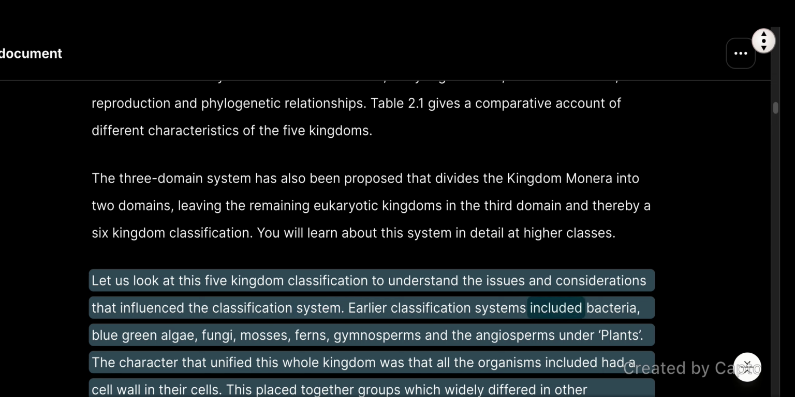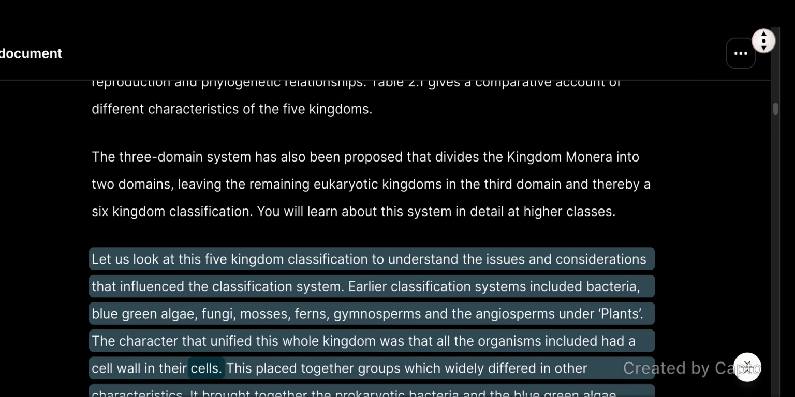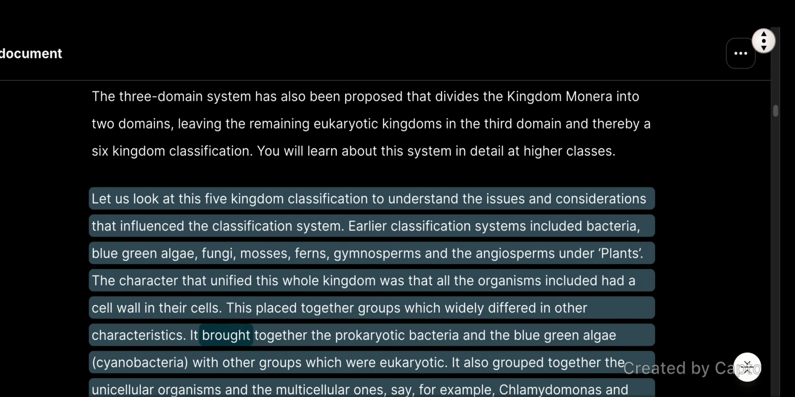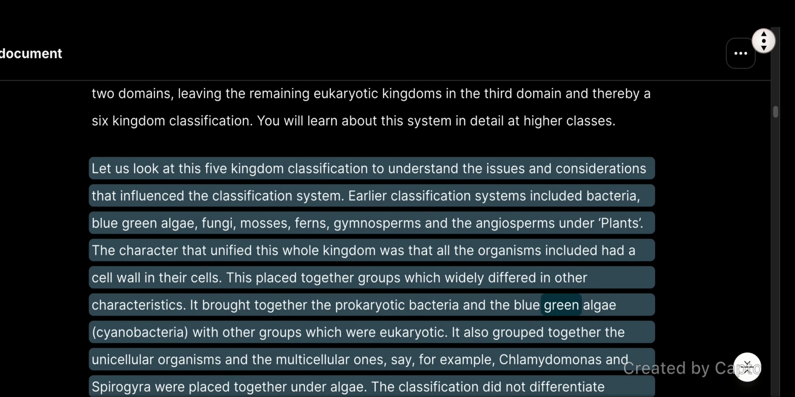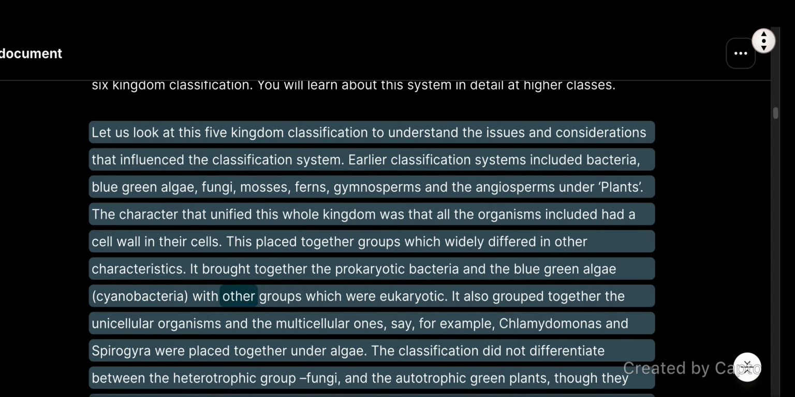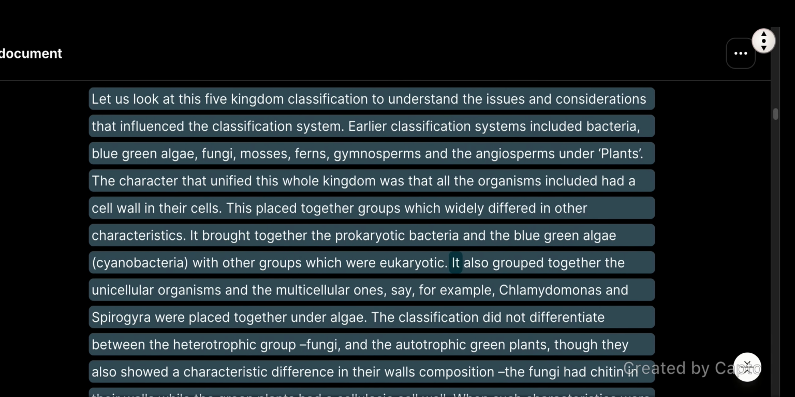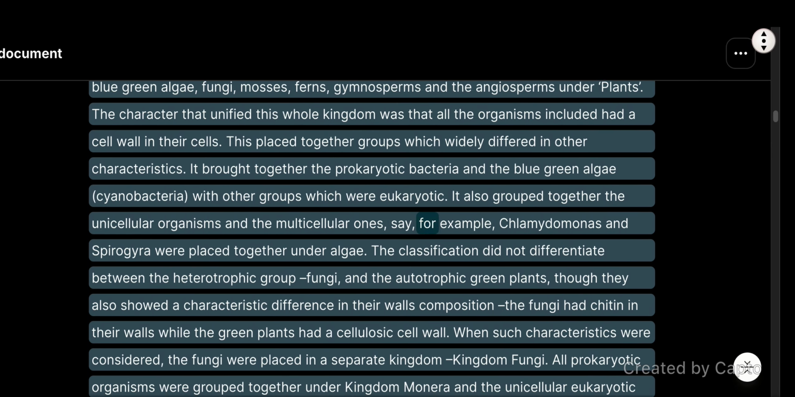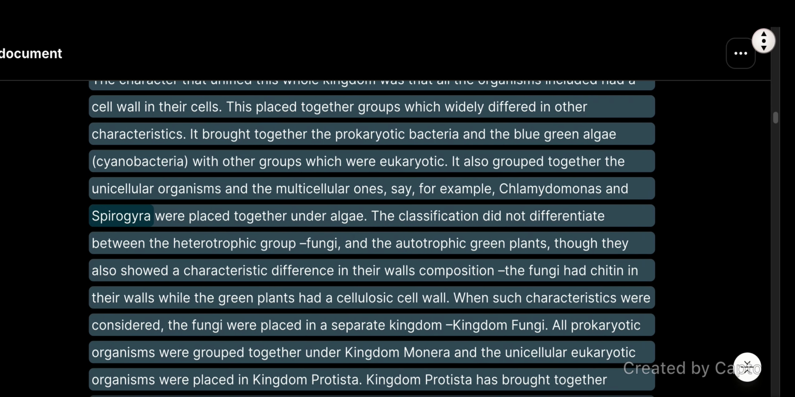Earlier classification systems included bacteria, blue-green algae, fungi, mosses, ferns, gymnosperms, and the angiosperms under plants. The character that unified this whole kingdom was that all the organisms included had a cell wall in their cells. This placed together groups which widely differed in other characteristics. It brought together the prokaryotic bacteria and the blue-green algae, cyanobacteria, with other groups which were eukaryotic. It also grouped together the unicellular organisms and the multicellular ones, say, for example, Chlamydomonas and Spirogyra, were placed together